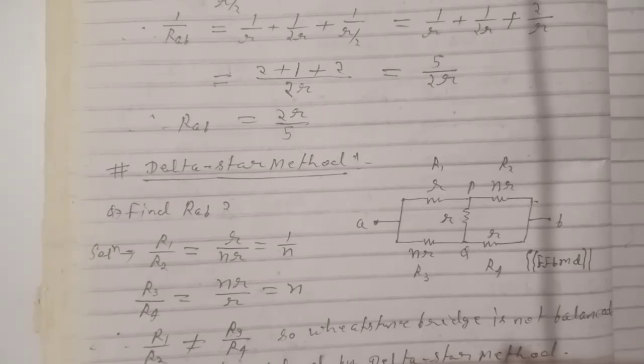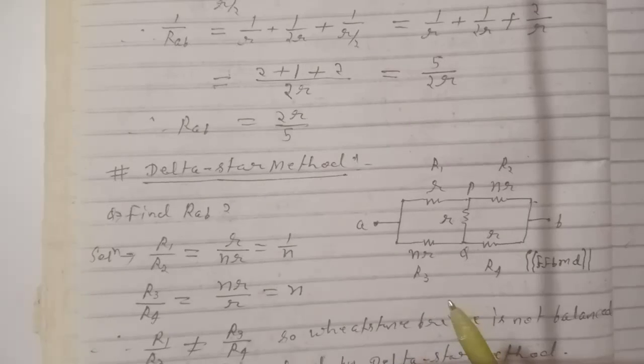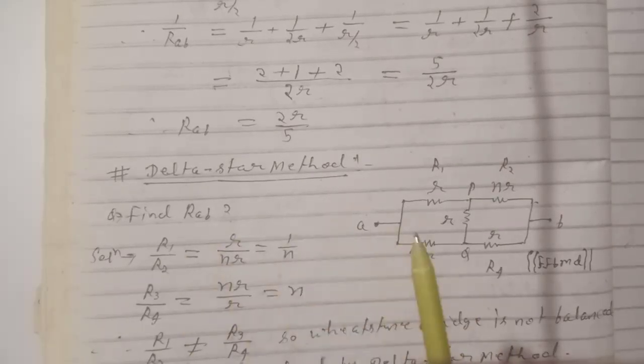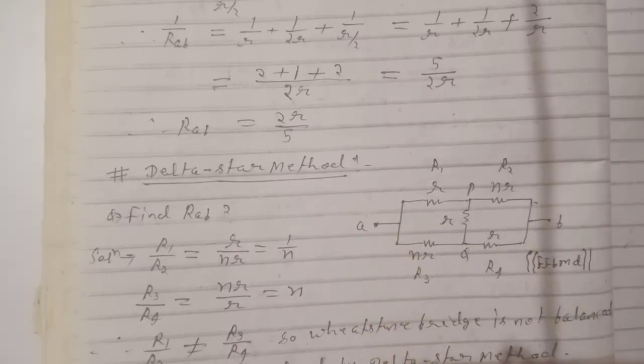Today we will see the delta star method for solving the resistance circuit in a given network. For example, we have to find the equivalent resistance between point A and B, but